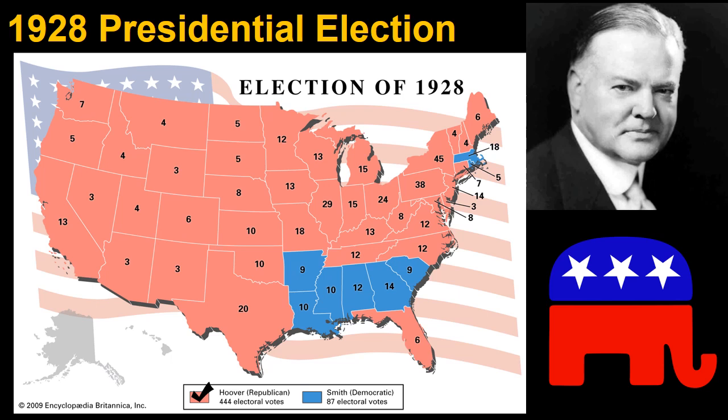Herbert Hoover won the 1928 presidential election easily. Most Americans were happy with the previous 8 years of Republican rule, so they kept them in power by voting for Hoover. By 1929, some economists had warned of weaknesses in the economy, but most Americans maintained confidence in the economy. Those who could afford it invested in the stock market.